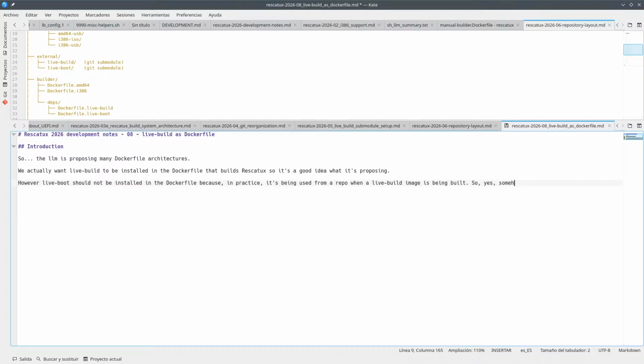So yes, somehow the image should get access to those binaries, but probably not within the image, but inside of it. So maybe we can